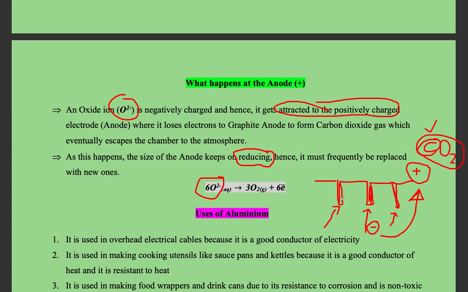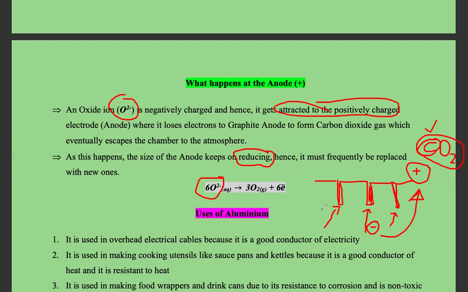A good example I'll give you is when you are cooking. When you've cooked nshima, and you are cleaning the cooking stick, if you are very rough, the remaining nshima comes out of the cooking stick together with parts of the cooking stick. As you do the cooking every now and then, you realize that the size of the cooking stick has reduced. Then mom will say, we need to buy another one.